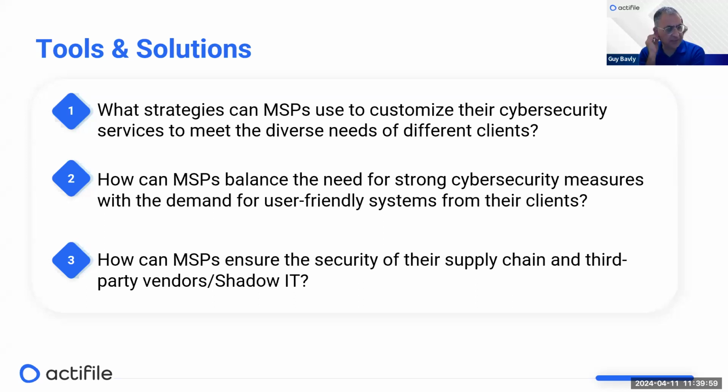So that's, I think, not just to put it on the MSPs, but also on the vendors to develop the right user-friendly solutions that balance security with usability. Exactly. And DLP is a great example of it.